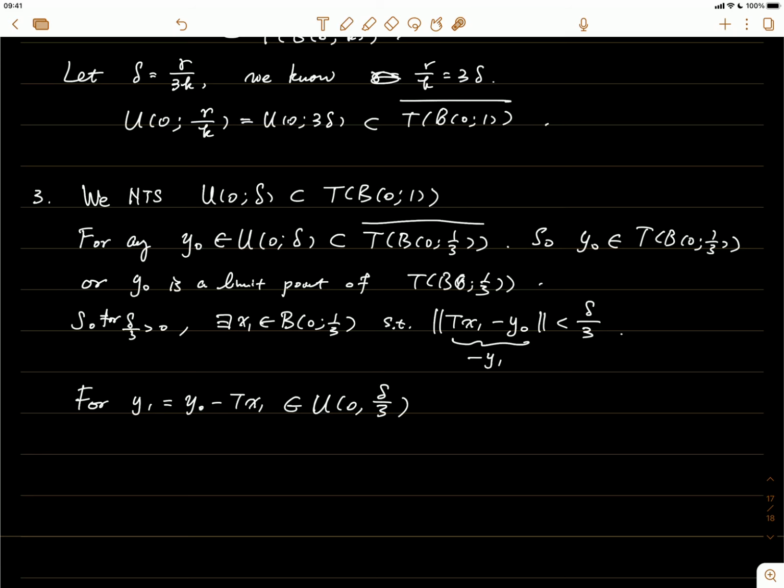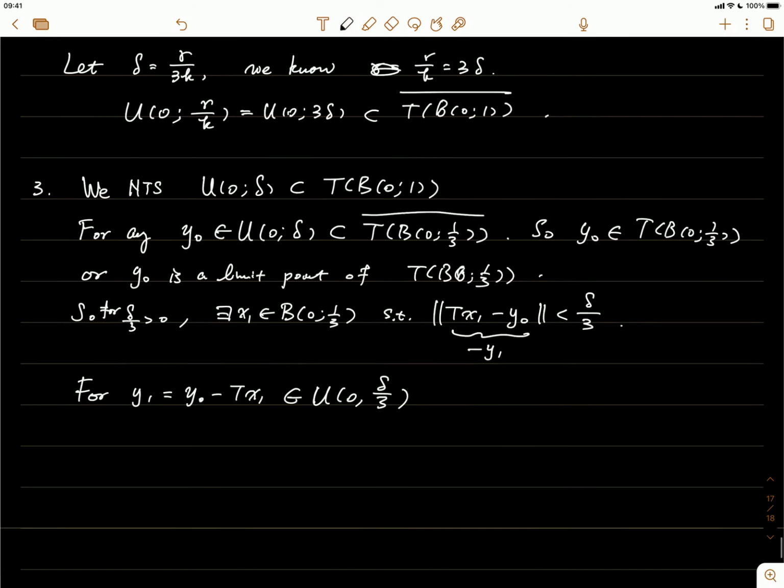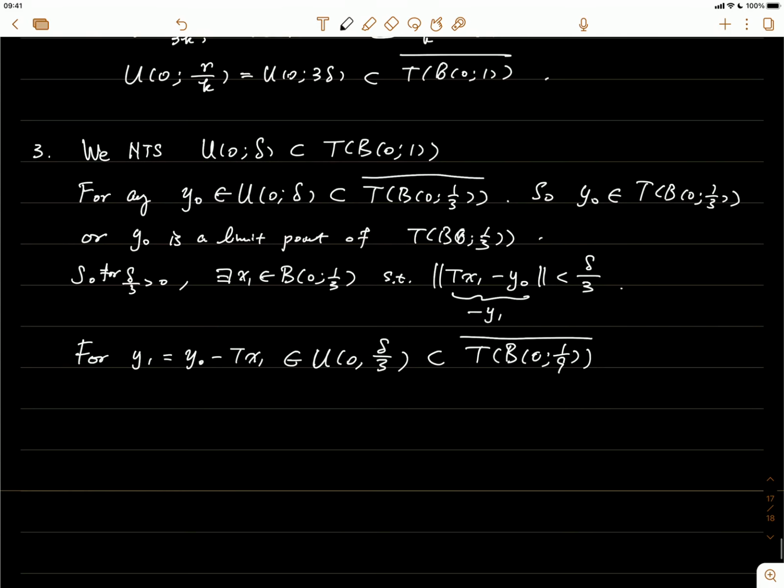And according to what we have here, you can just scale down the radius by 9. Then you have a 0 delta over 3, and here you have a T of B0 1 over 9. So this must be inside the T of B0 1 over 9 closure. Again, from here, you can show that there exists some point x2 inside the ball 0, 1 over 9, such that the distance